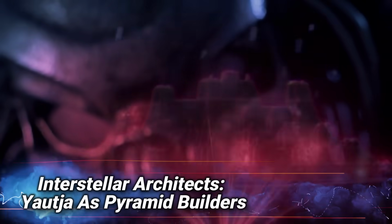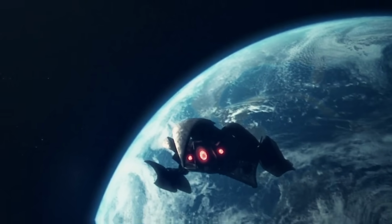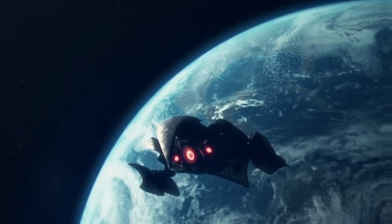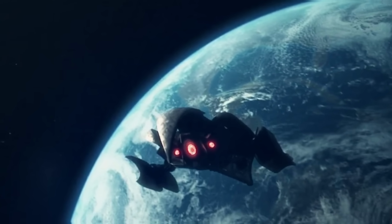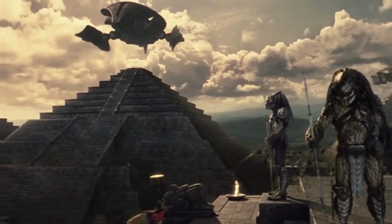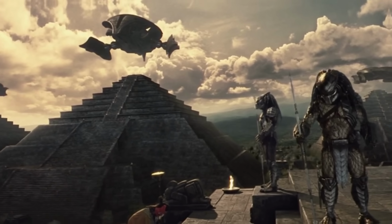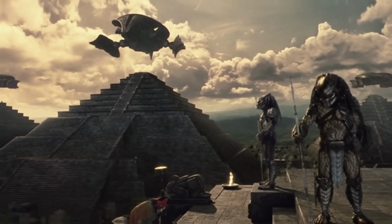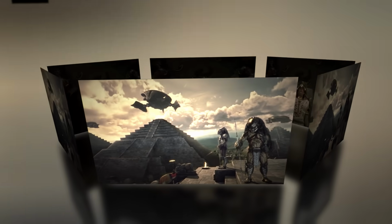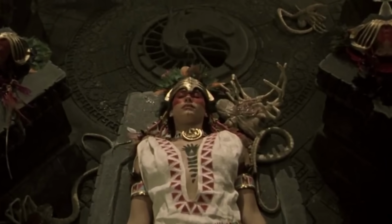Interstellar architects. Yautja as pyramid builders. Using Weyland and his team, along with flashback scenes, the film shows how the Yautja, or predators, had visited Earth thousands of years ago. The lore of the movie assumes that these alien hunters were considered divine figures by early cultures. In exchange for worship, the predators taught humans how to build pyramids. The structures became hunting grounds, arenas where humans would sacrifice themselves so that the Yautja could face the ultimate challenge,